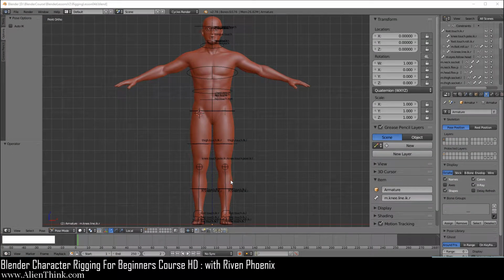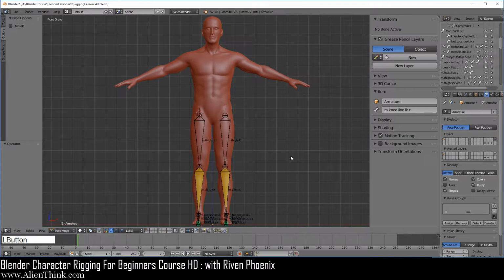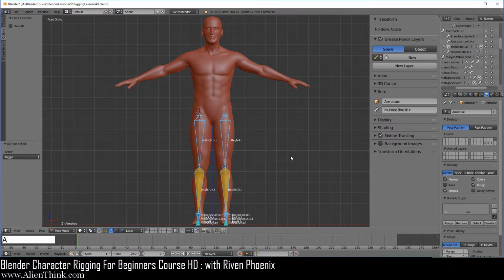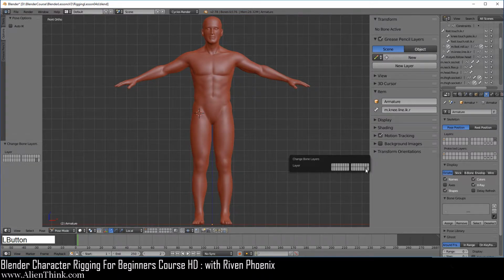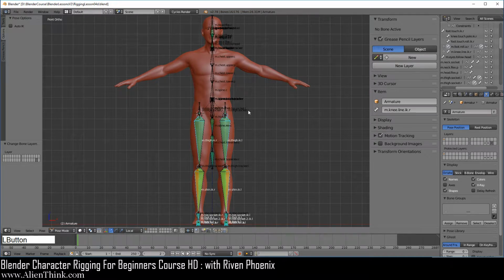Okay, so now to finish this off, what we're going to do is go ahead and select on this layer and press the A key to select all the bones, press the M key and just put them back on the non-deformed layer. Okay, so all we will have is the non-deformed bones on one layer.